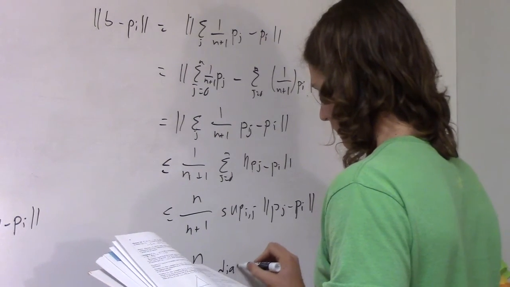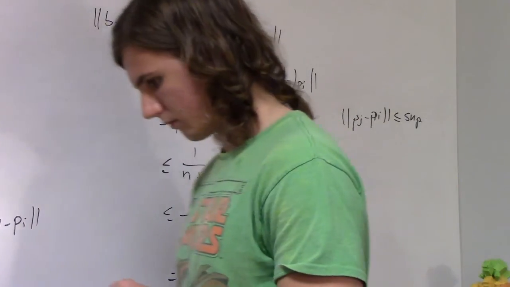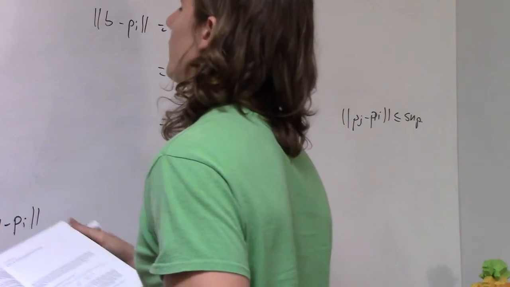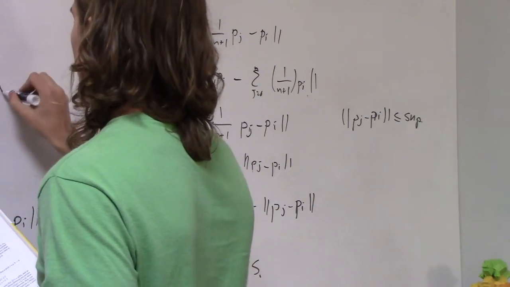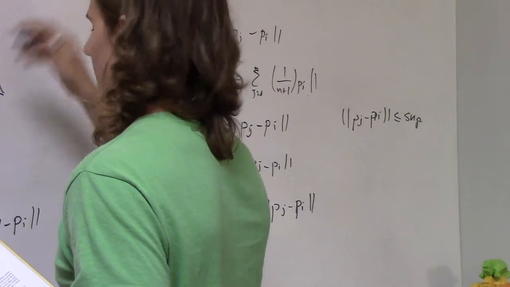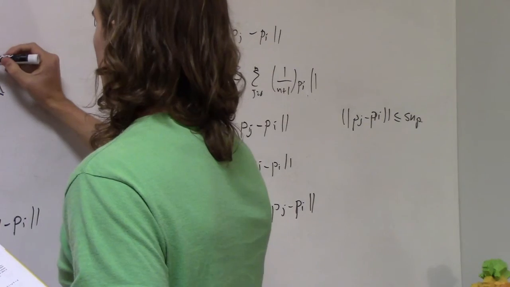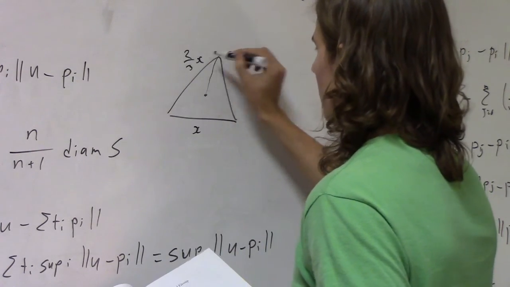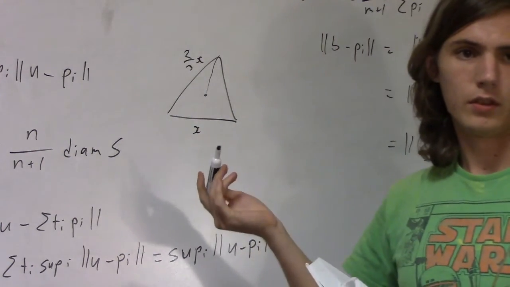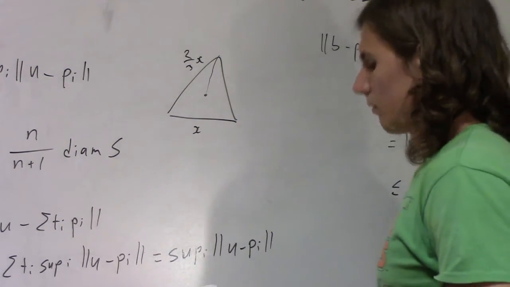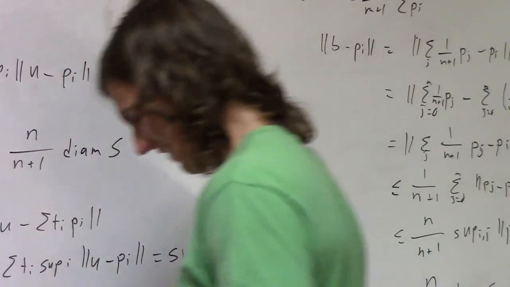It's fun to think about what that means for a triangle. I remember learning that with an equilateral triangle, the center of gravity, the center of pretty much everything, the distance from that to each of the vertices is 2/3 of the length of each side, which is precisely what this shows. So it's confirmed.